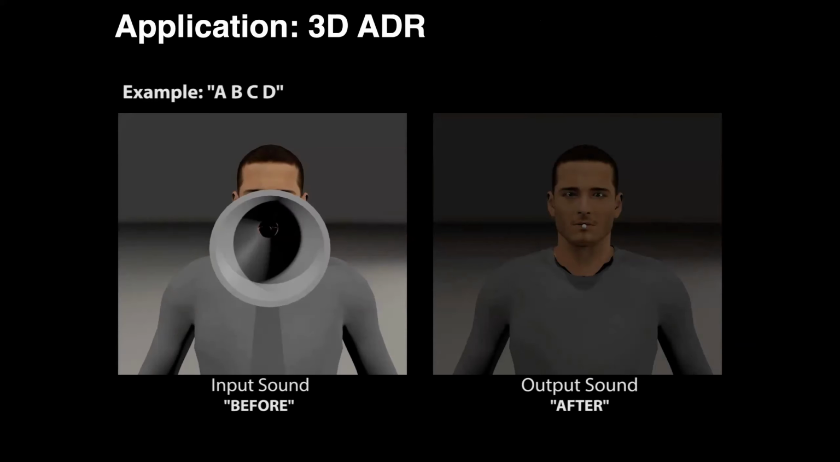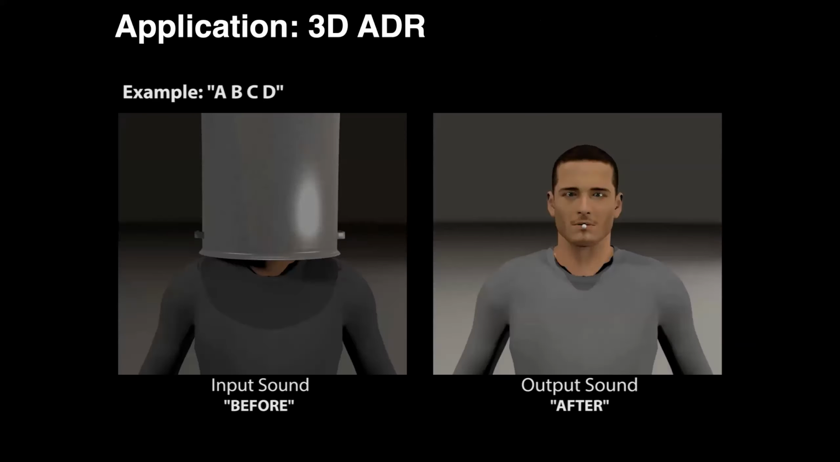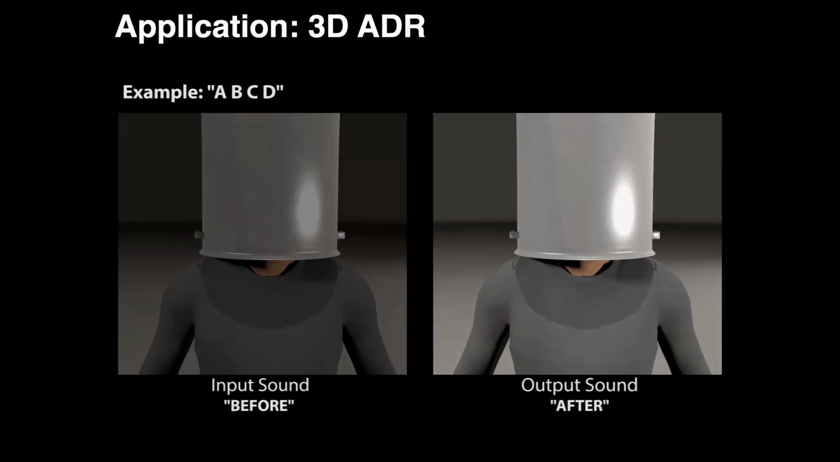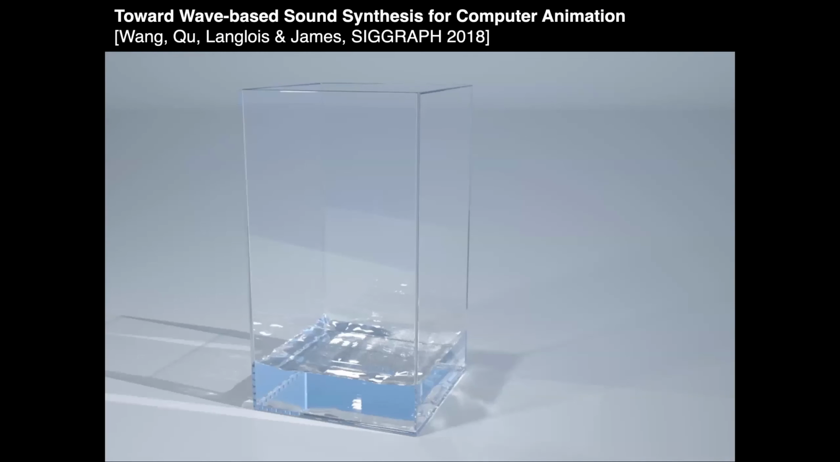A, B, C, D. A, B, C, D. And so one other benefit is that then we don't have to make assumptions about pre-computing